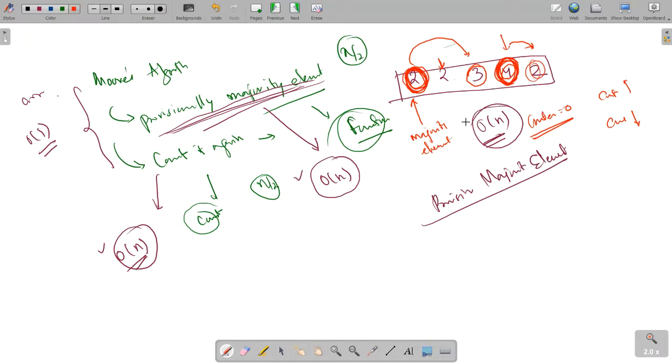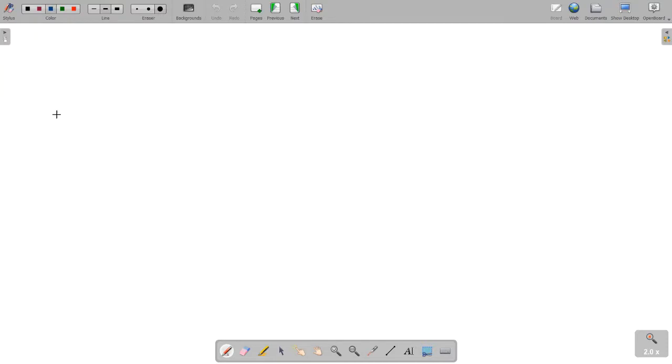So I'm going to show you in a better visual way, because I think we are missing something here. Okay, so let's assume 2, 2, 3, 4, 2. This is our given array. At first, we are going to consider the heat element. The heat element is the provisional majority element that we are considering, at position 0.